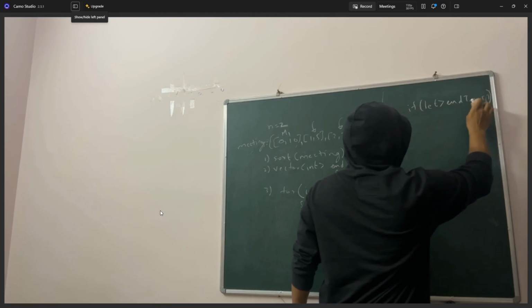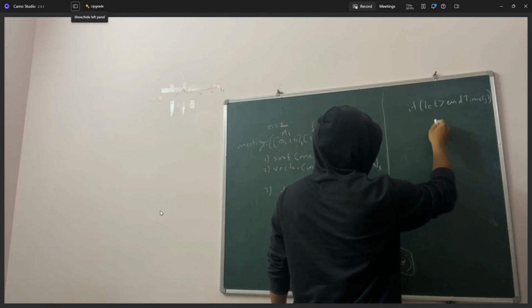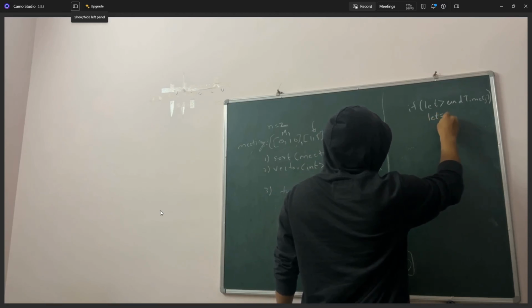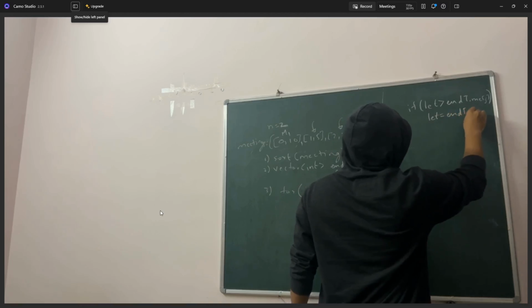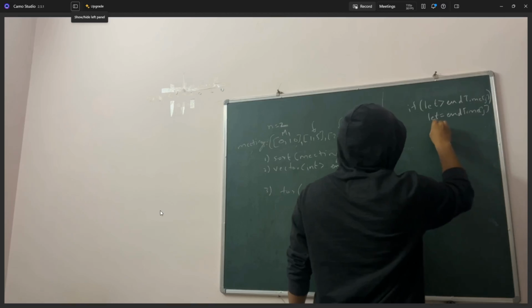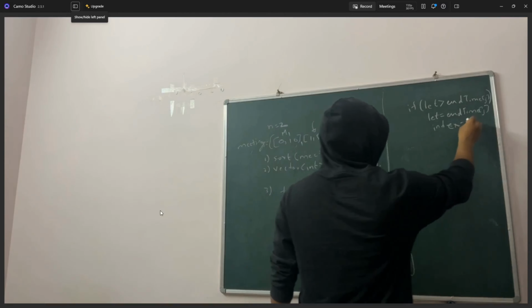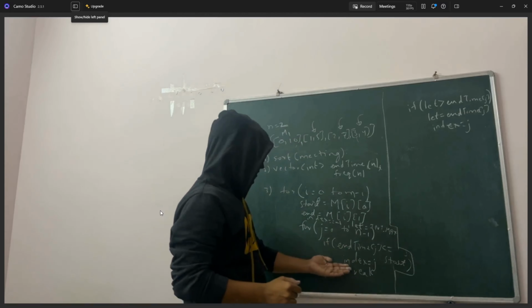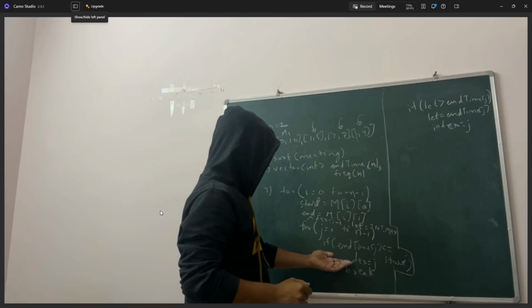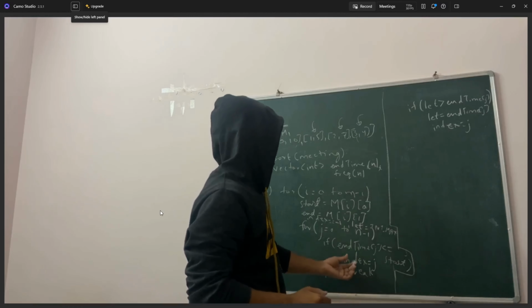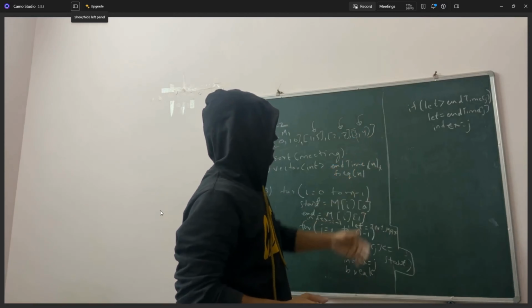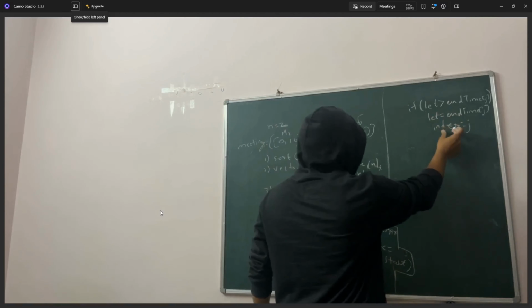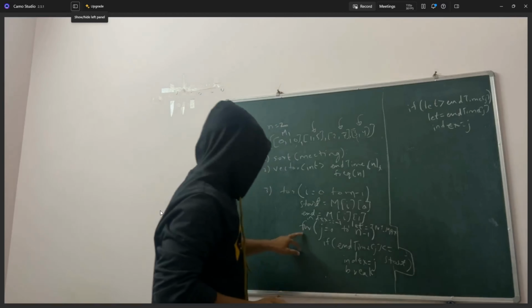End time of j is the meeting's end time. So if that is the case, then your lowest end time is set to end time of j, and your index is set to j. This makes sure that in case you find the room, you'll be inserting into that particular room number, which is on index. But if you have not found that, you'll be having the lowest end time index, right? So when you come out of this for loop,